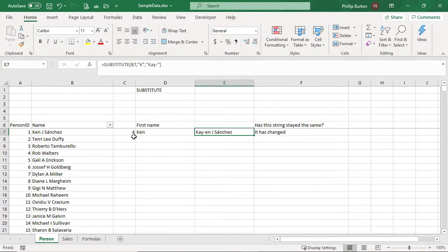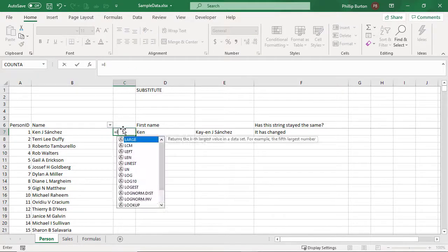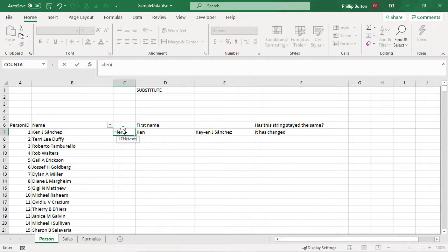So let's have a look at the length of this string, Ken J. Sanchez. We covered len in the first of these Excel text functions,